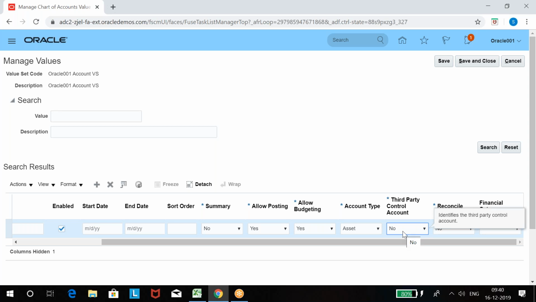Third party control account. See, this third party control account we use, it's not mandatory to use. You can select no, but if a company wants to use it, they can. And the purpose of using this: let's say you create a customer or vendor, there will be a control account for customer and vendor, right? Why is a vendor and customer control account required? To see in the trial balance what is the balance for vendor, what is the balance for customer. Yes or no? If you don't have vendor and customer control accounts, you will never know the balance of vendor and customer in the trial balance as a part of accounts.